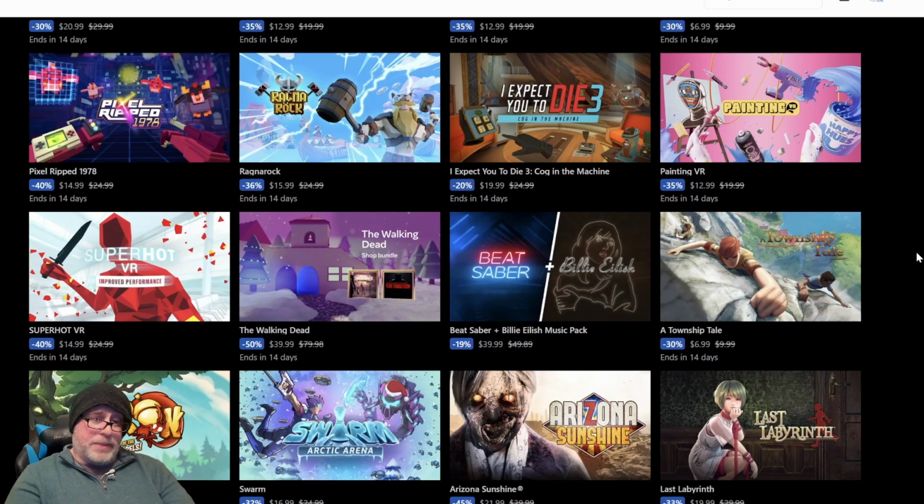This Walking Dead pack includes both The Walking Dead: Saints and Sinners, and Chapter 2: Retribution. I didn't care so much for the second game, but if you want both, you can pick up both together for 50% off, $39.99. Another Beat Saber pack, this time with the Billie Eilish music pack, again $39.99. A Township Tale